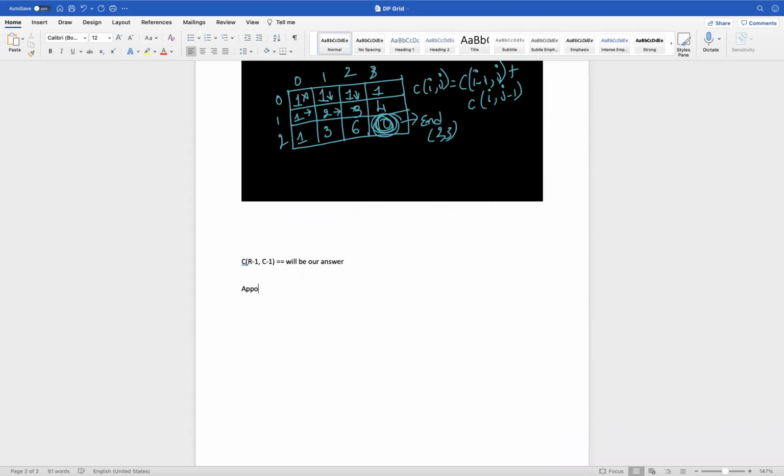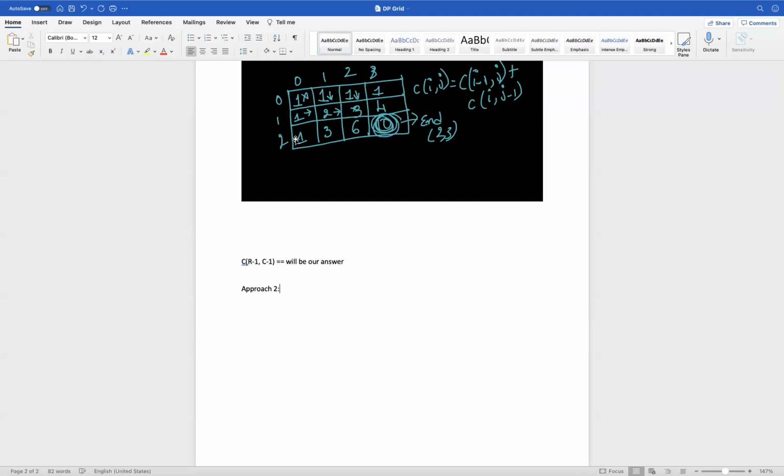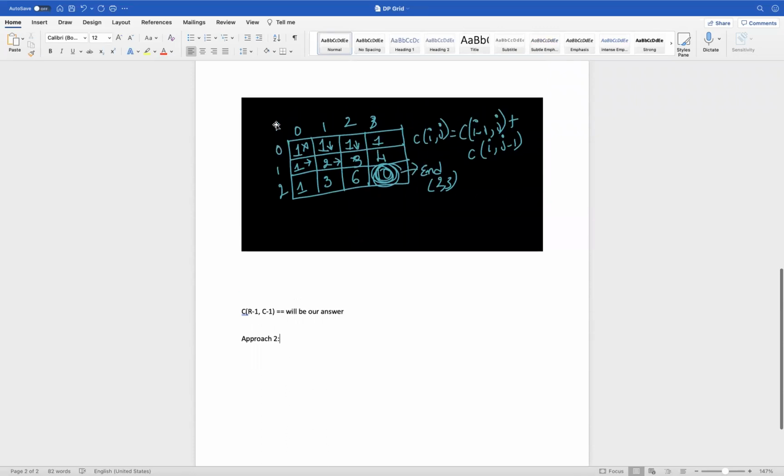So we will look at how we can do this in another approach. Previously I assumed that I comma j is my end index. Now assume that any I comma j is my start index.